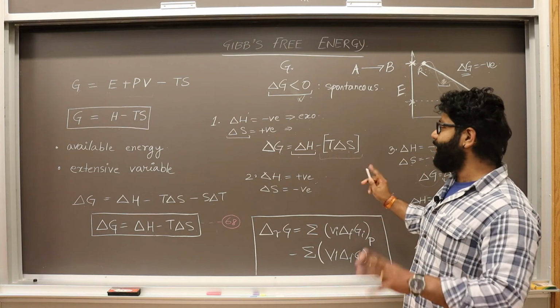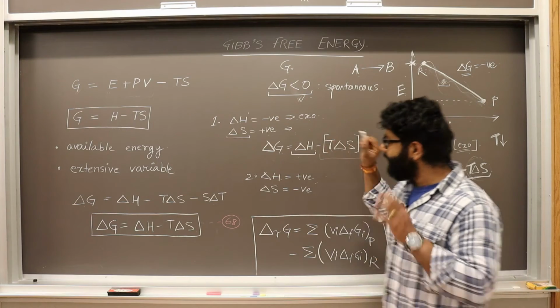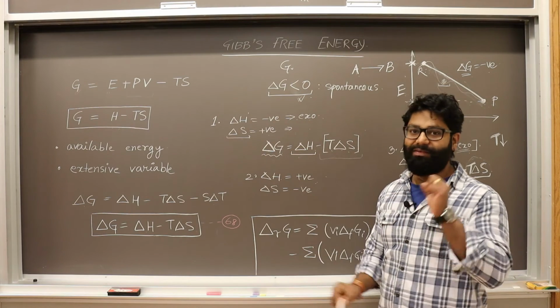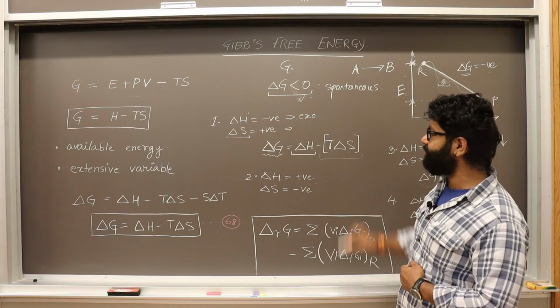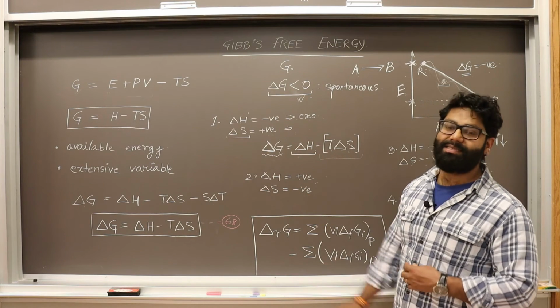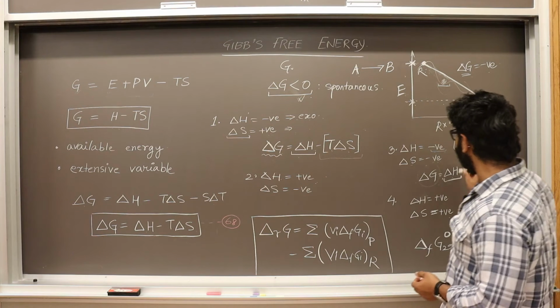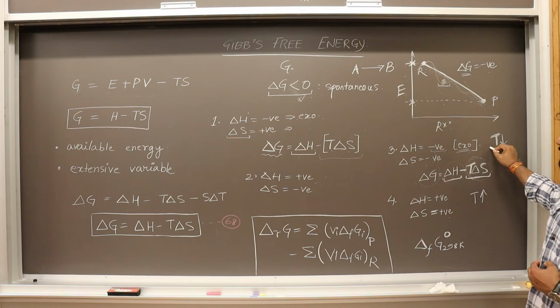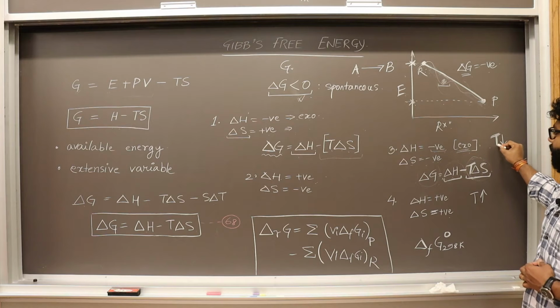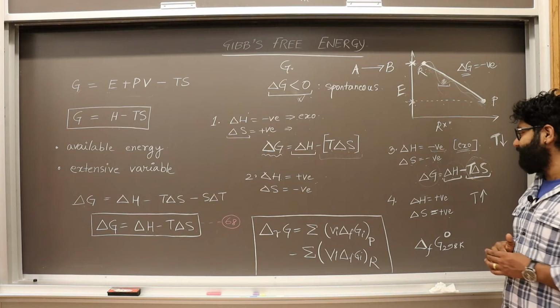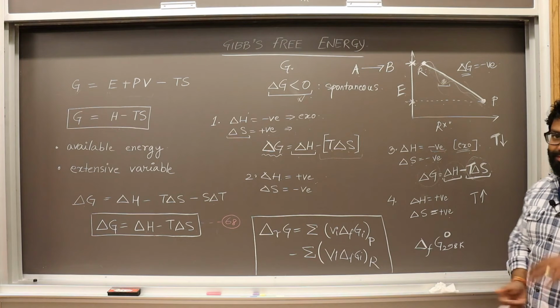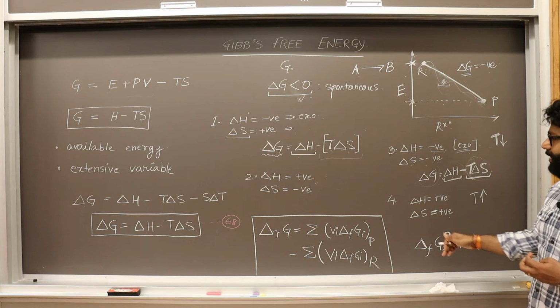But whatever the case may be, the net value of delta G is always negative in this case. So temperature changes, increasing or decreasing, won't be able to make this a non-spontaneous process. But in here, temperature has the capability of making, if you have a lower temperature, there is a chance that the delta G becomes a net negative value and the reaction becomes spontaneous. Okay, so let's look at the last